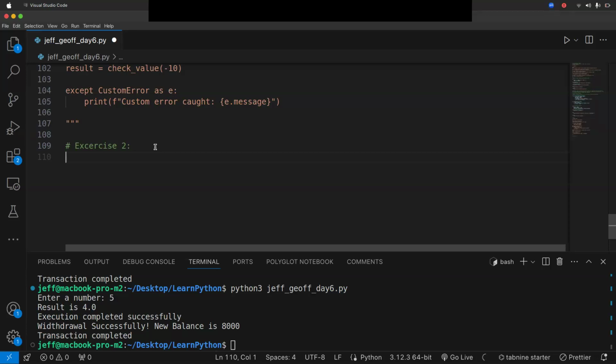Okay, let's deal with age. You know, age cannot be negative, right? You cannot have negative age.